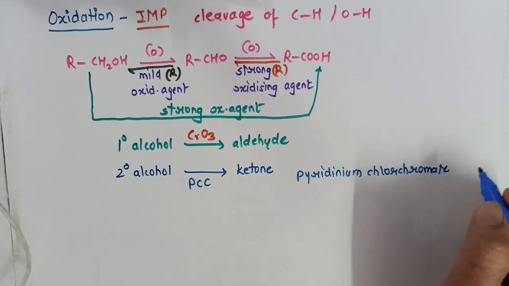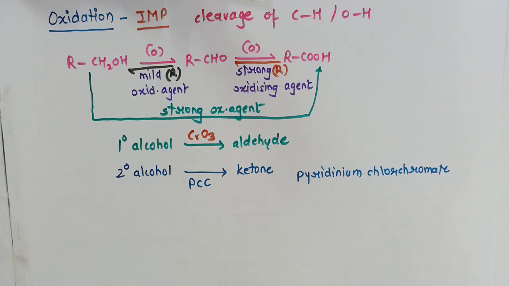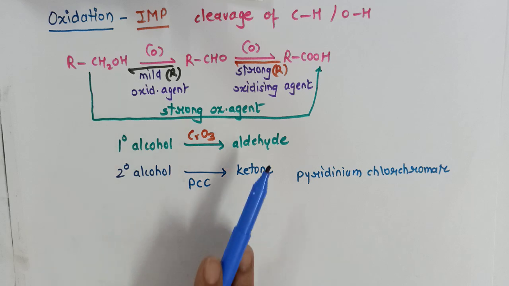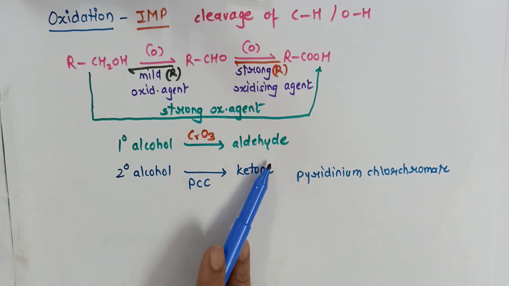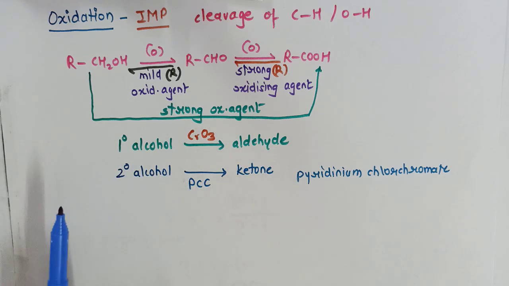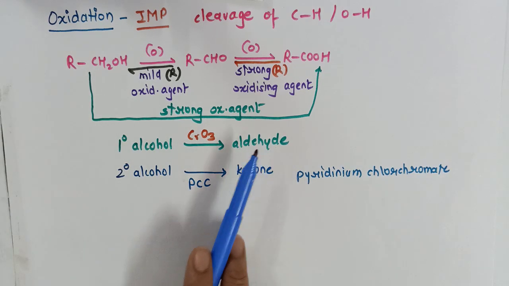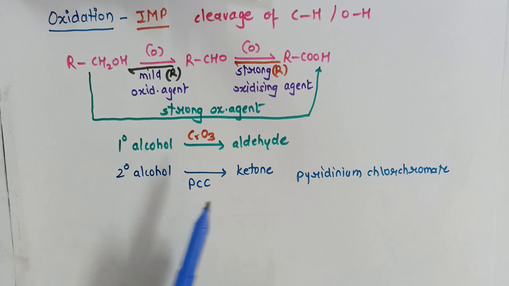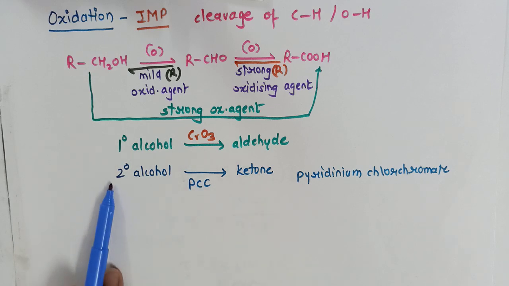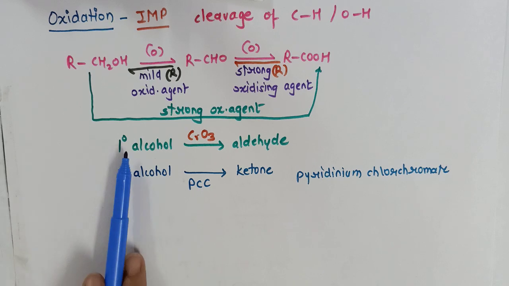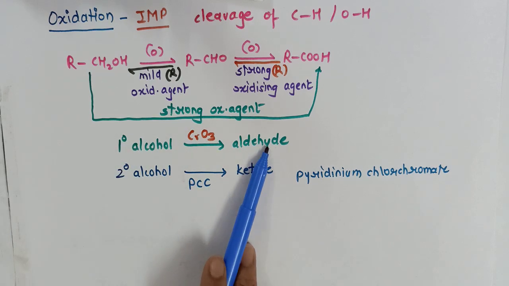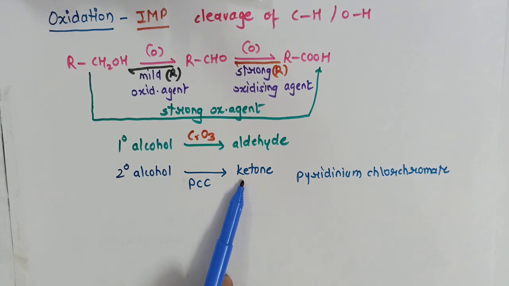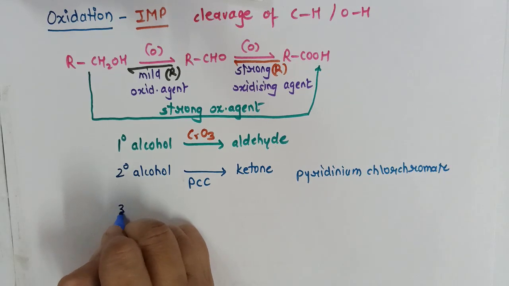Now these reactions involve the chemical property of alcohol, as well as the preparation of aldehyde and ketone. In the preparation of alcohol, we have seen that reduction of aldehyde gives us 1 degree alcohol and the reduction of ketone gives us 2 degree alcohol. Now we are studying the exact opposite way, that 1 degree alcohol on oxidation gives aldehyde and 2 degree gives ketone.